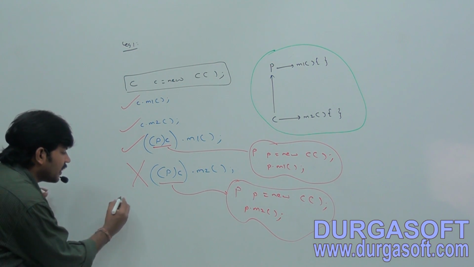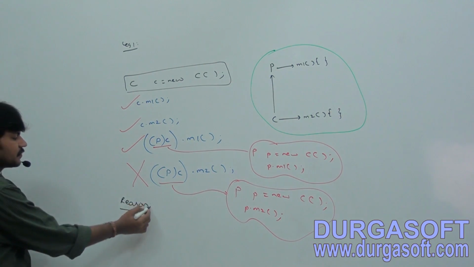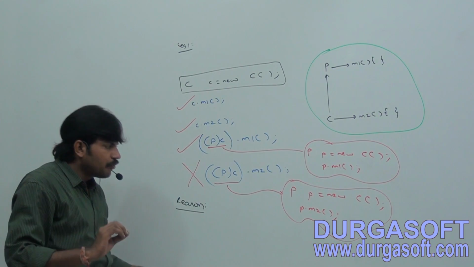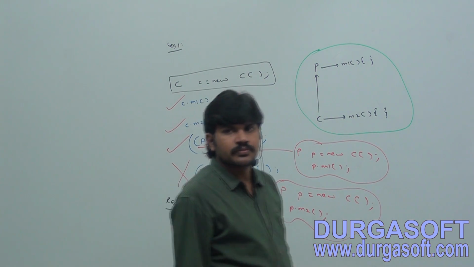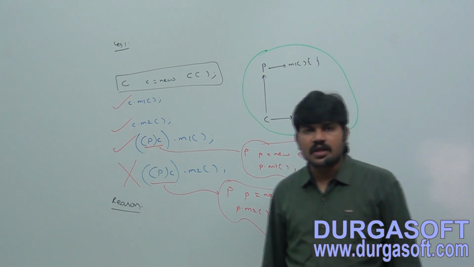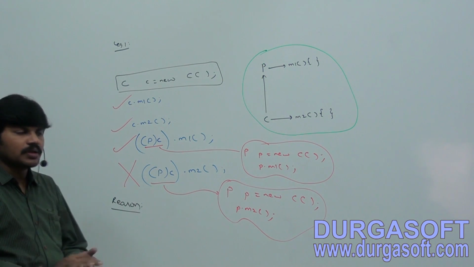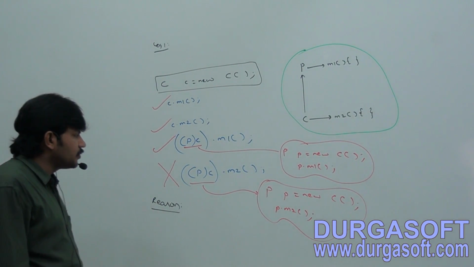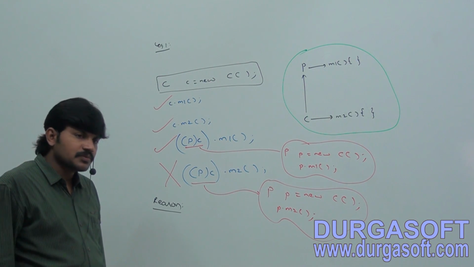So what is the reason? If you want, you can add the reason so that the concept becomes clear. What is the reason or conclusion? Parent reference can be used to hold child object. But